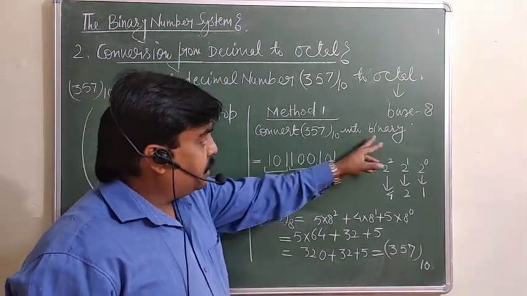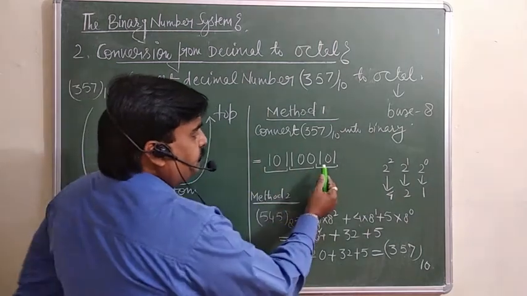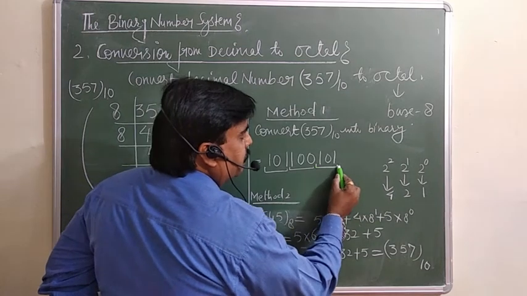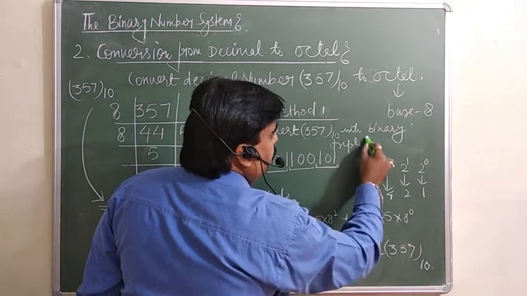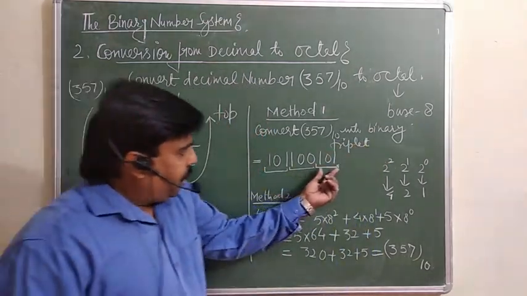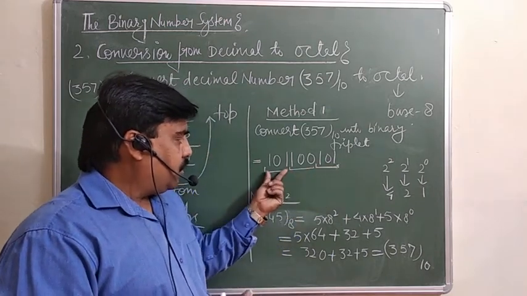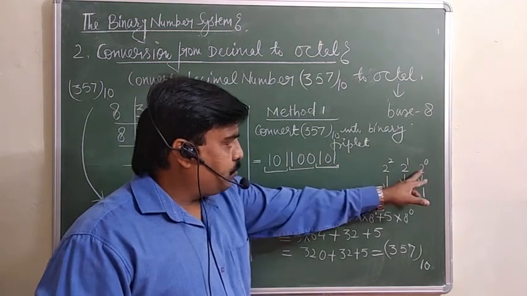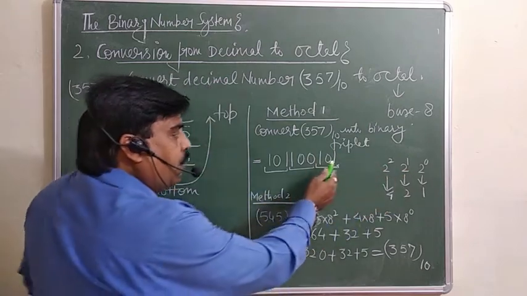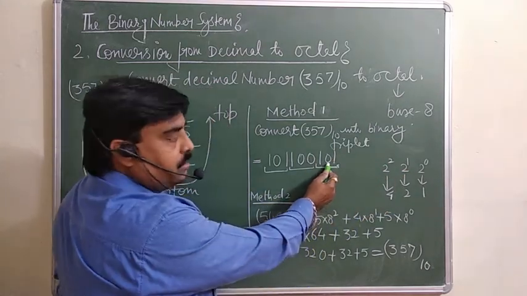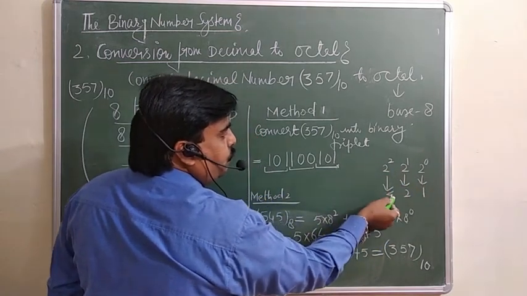Suppose if the number is given in binary, then you want to change into the octal form. So another method is there to change. What we will do, you are supposed to make the pair. This is your binary form. आप इसमें triplet बनाइए. You are supposed to make a triplet. Just make a triplet here only. और for every triplet, because you are making the थ्री का पेयर, तो 3 का पेयर बनाने पर 3 and 3 is here only. तो इस 1 के लिए you have to write 2 raised to power 0, then 2 raised to power 1 and 2 raised to power 2. 3 numbers हमको लिखना है. 1 को we will consider, 0 we will not consider. So here 2 raised to power 0 is 1, 2 raised to power 1 is 2 and 2 raised to power 2 is 4 here only.